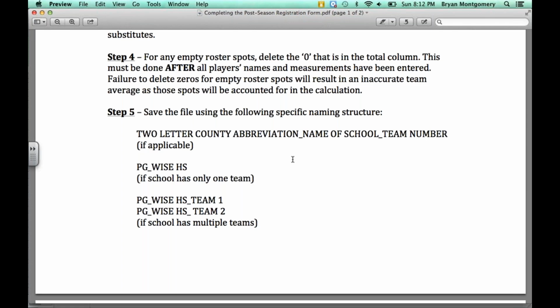So what we want for you to do is to use the 2-letter county abbreviation associated with your school, underscore the name of the school, and then, if applicable, the team number. So I'll use WISE, for example. WISE is in Prince George's County. So if I was a coach naming my team in the Microsoft Excel document and WISE only had one team, I will put PG, that's the 2-letter county abbreviation, underscore WISE, and then HS representing high school,